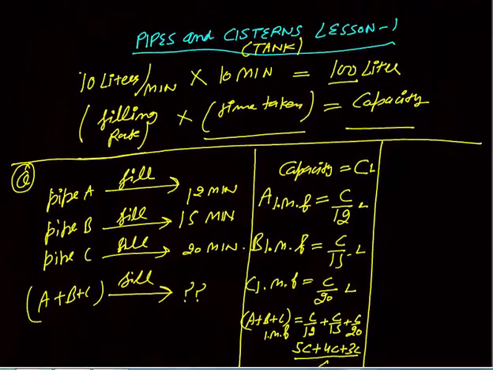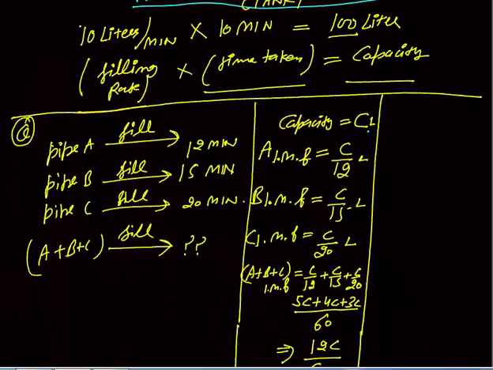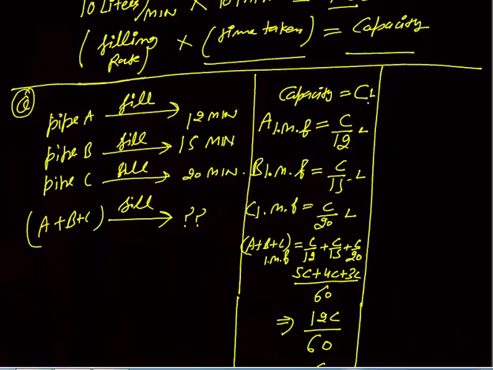But as I told you in the beginning of this lesson, we have to solve the question in least possible time using logic, concept, options. Now let's see how I will solve this question in exam. See, in quant we always try to avoid the fraction. So I will take C, that is the capacity, as a multiple of 12, 15 and 20. I will take capacity as 60 liters.